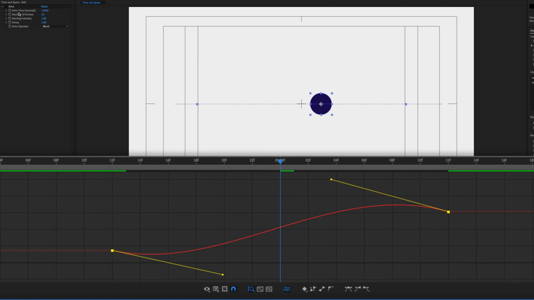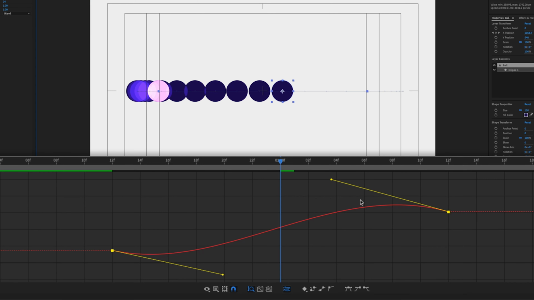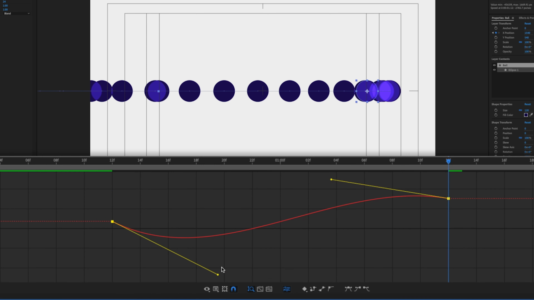If we turn on our echo effect again, we can really see what this does and go through and really tweak these handles. If we go to the end of our animation again, we can see that even though our animation starts here, it shoots back and then overshoots where its final position is. So if we really want to add some extreme anticipation and overshoot, we can drag out these handles and create